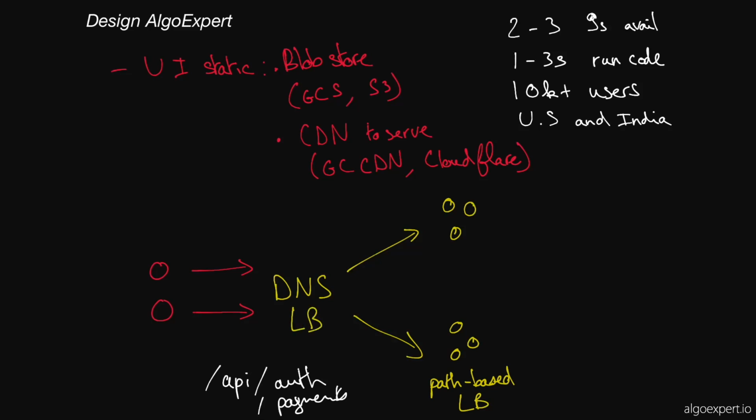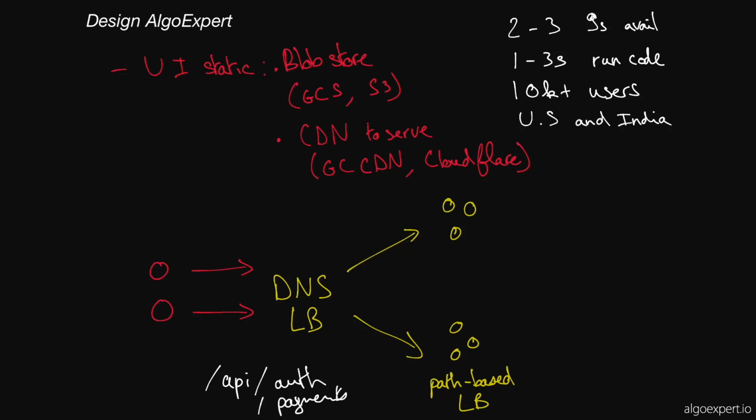And I might give myself some more space in a little bit, but for now, let's just continue. And I suppose that even past the path-based load balancing, we can probably assume that there are multiple servers per path or per backend service, like multiple servers handling auth, multiple servers handling payments, and we could do even a further round of load balancing, like round robin load balancing for those servers. But I'll just assume that that's almost captured in the path-based load balancing, okay? Yeah, that makes sense. Let's do that.